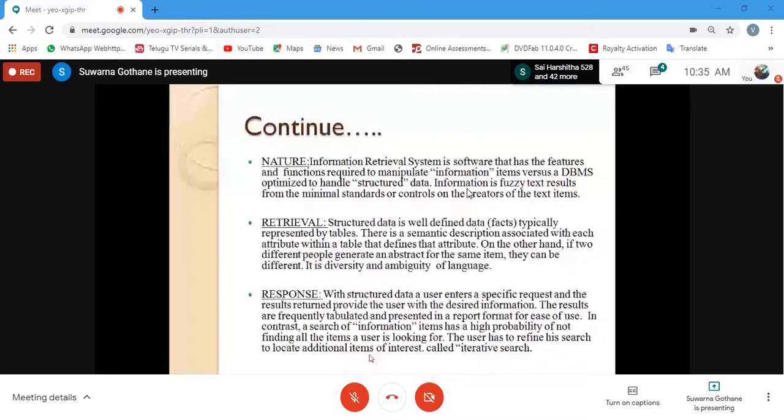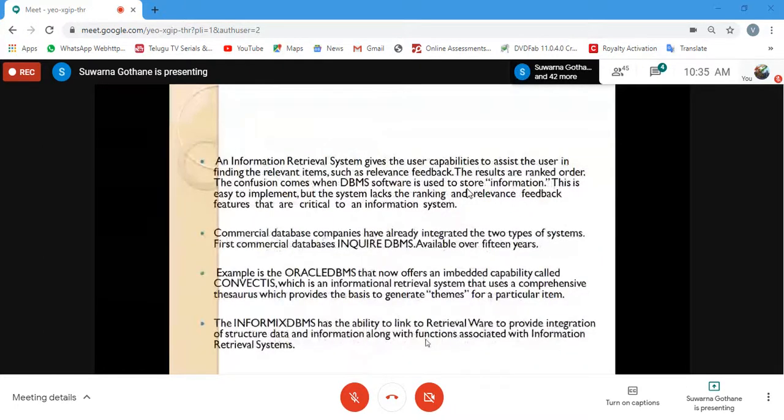With structured data, a user enters a specific request and retrieves the desired information. All of you know that whatever is available inside the database, that only you are going to retrieve, and it is in tabular form. Whereas here it is going to be iterative. One more key term we have already discussed is relevance feedback.